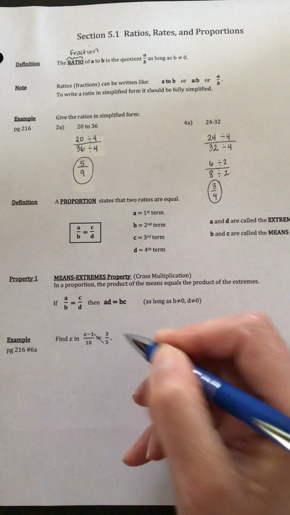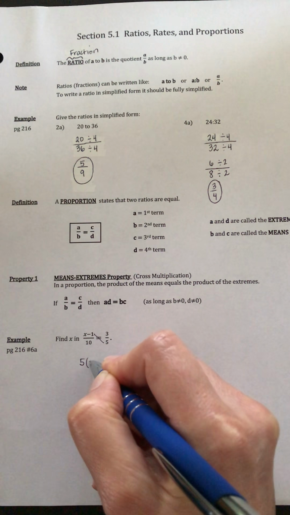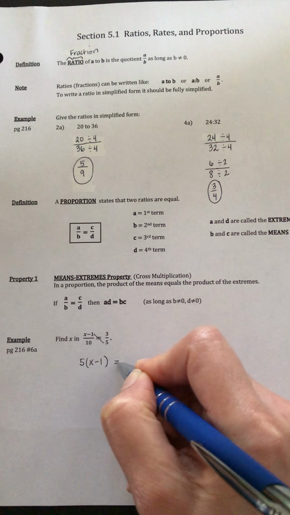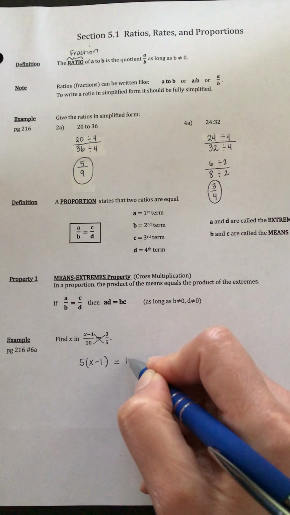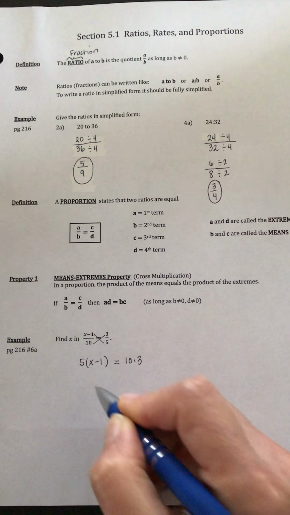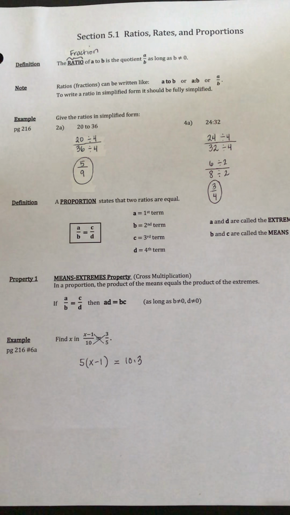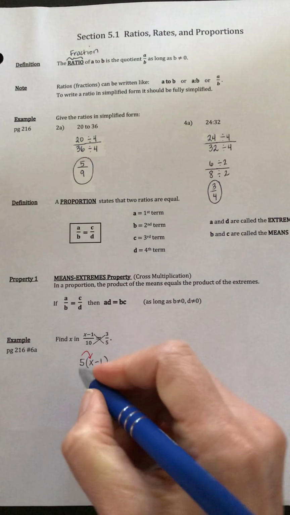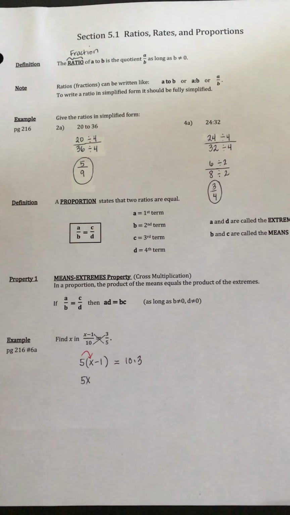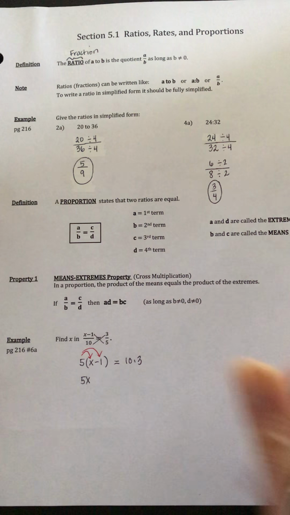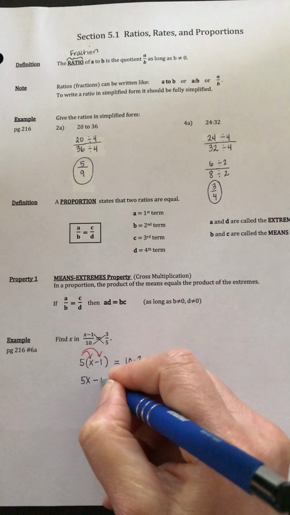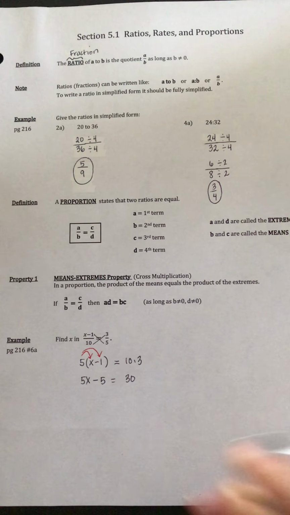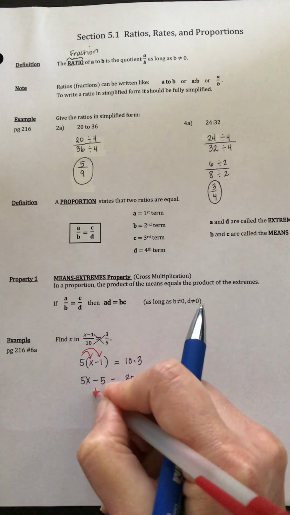So when we go this way, we're going to have 5 times, make sure you use parentheses here, quantity x minus 1 equals here 10 times 3. So remember here we're going to use the distributive property. So we're going to say 5 times x is 5x, and then minus 5 times 1 is 5, and that equals 30. Then we will add 5 to both sides